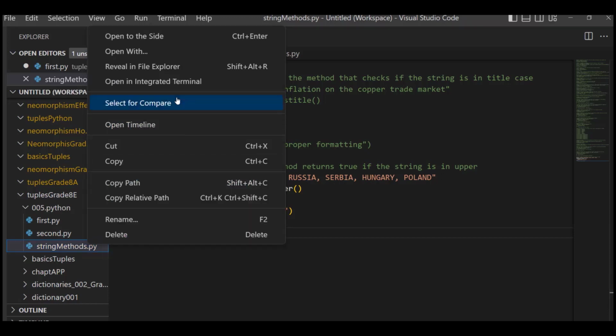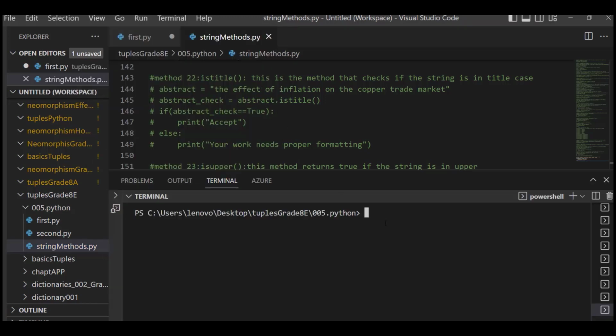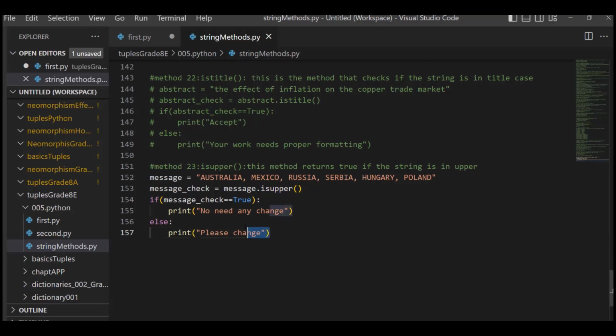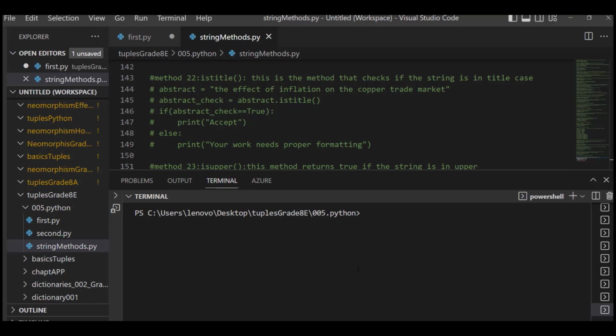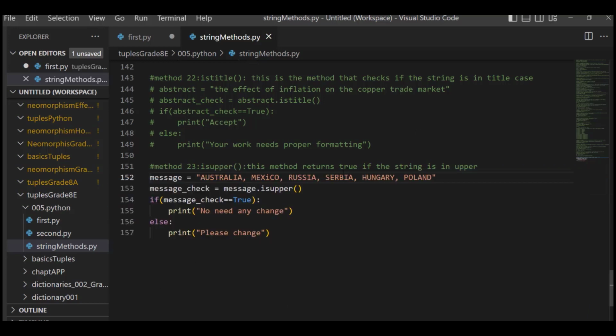So I'm going to run this. Python, "no need change". That's exactly what we are expecting, because all of these are uppercase. Now let me give one as lowercase, and run this code. You can check. Python, "please change". You see, now the question is which of these is in lowercase, so that requires another line